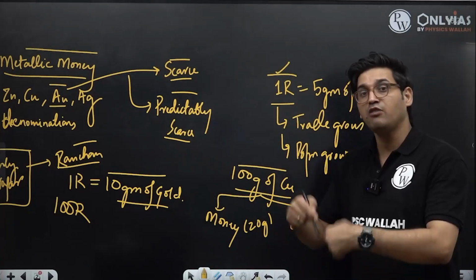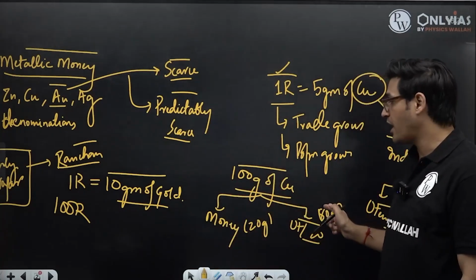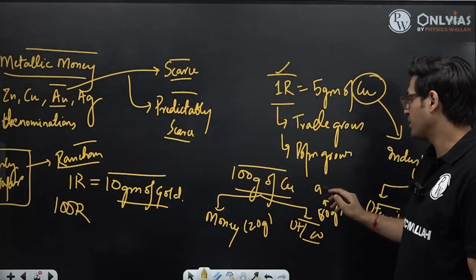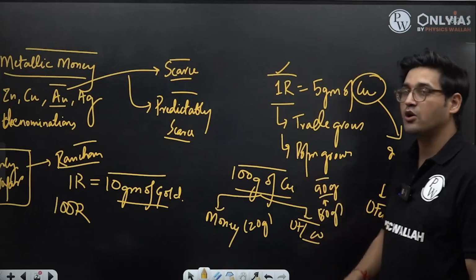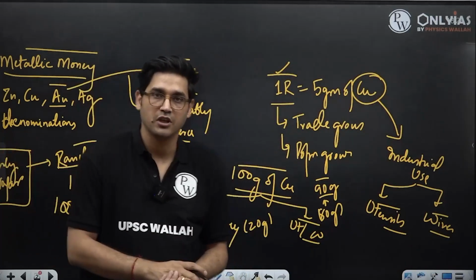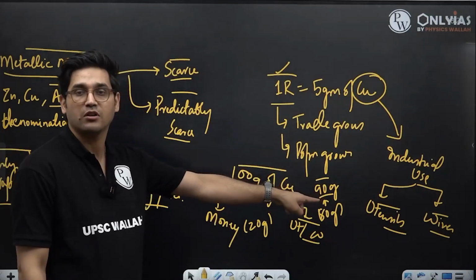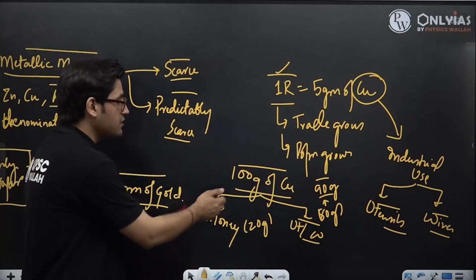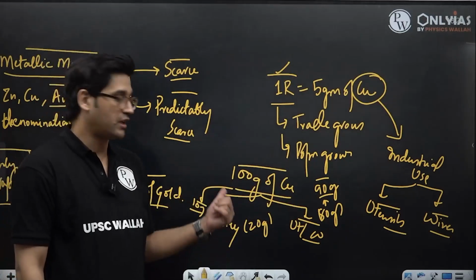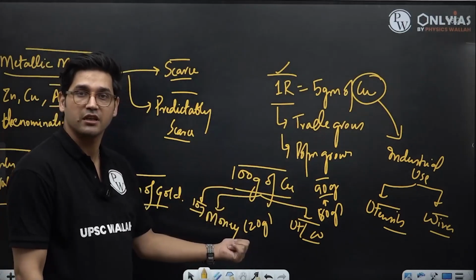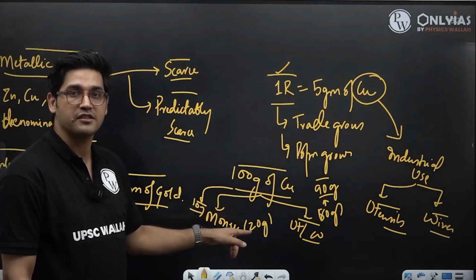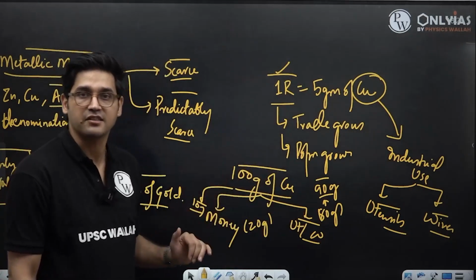They discovered one more use of copper and hence the demand for copper increased. They wanted more copper because now they have decided to go for copper plating of watches too. They require 90 grams of copper now. That means in this economy, only 10 grams of copper are going to remain for its use as money. So now the number of copper coins that this economy can make will be lesser.